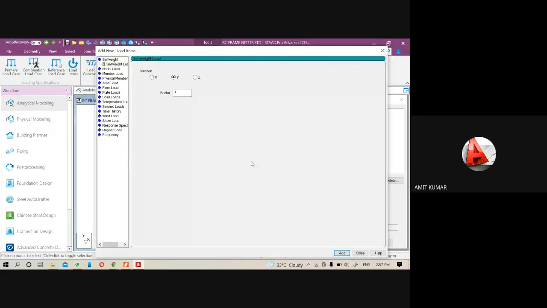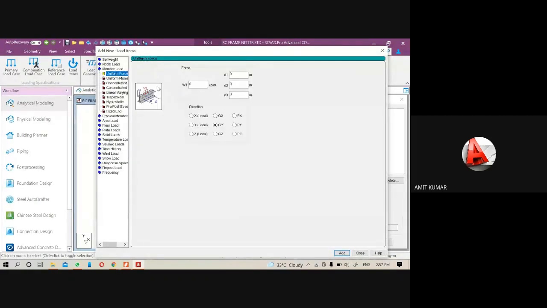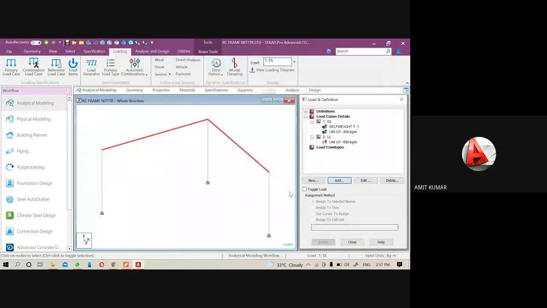Again, under the member load, we will add the value -600 kg per meter. You can see the unit here, it is in kg per meter, and the direction is the global y. Add, close. This will again assign to the selected beam. So assign it.